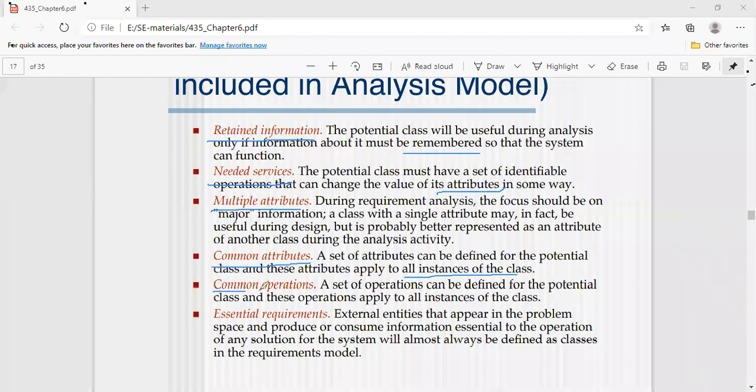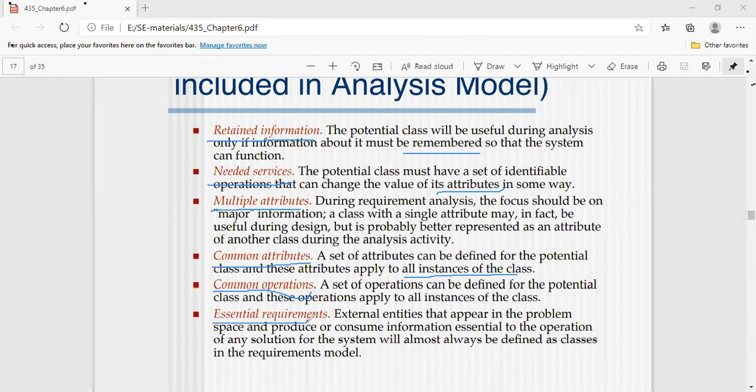Next, common operations. Here the addition operation is common for everyone, isn't it? And the discount operation is also common for everyone. Sometimes they give discounts on some products only, not for all. Whoever purchases those products, they will give the discount. Otherwise, they won't. Such common operations may be implemented through these classes.